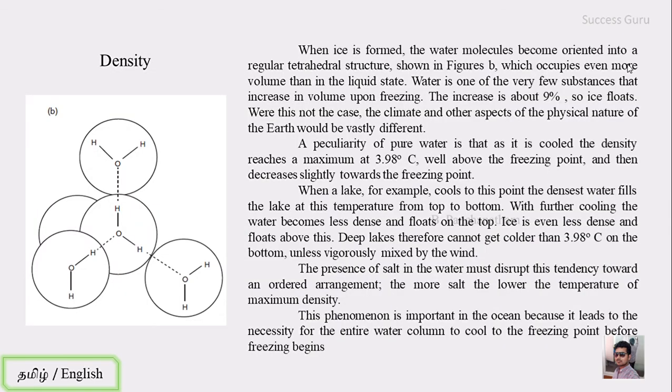So if you see, this is the structural arrangement of ice. When ice is formed, what happens? The water molecules become oriented into a regular tetrahedral structure, as shown in the figure, and this occupies more volume than the liquid state. So what happens actually? The water will try to expand, and the expansion is somewhere near 9 percent, and this